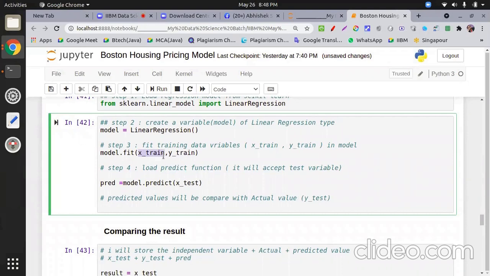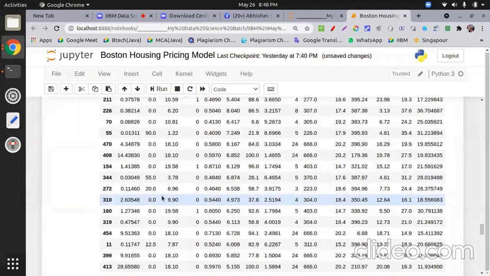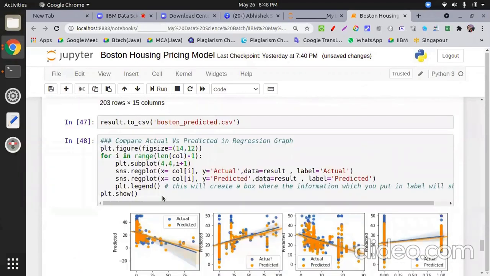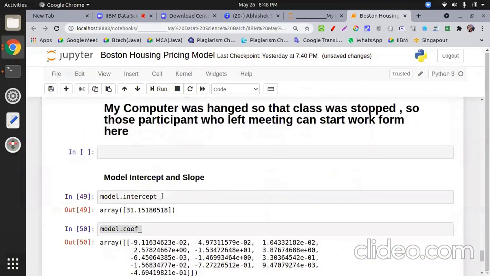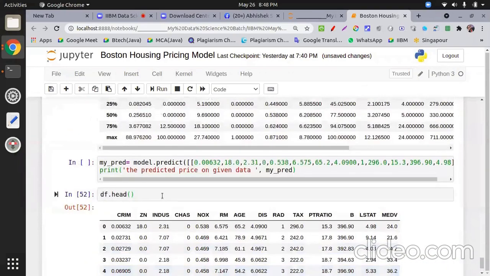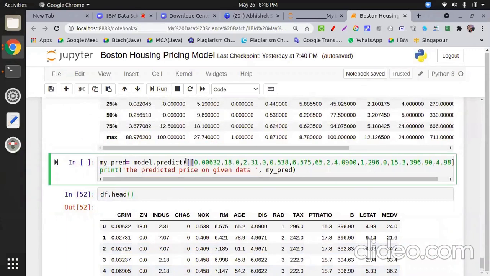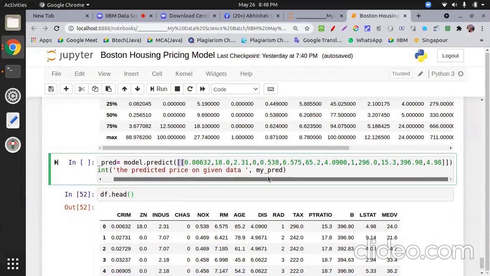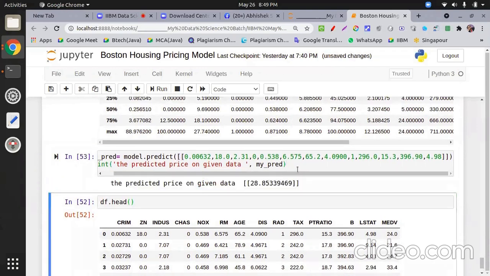If you convert the data frame variable to numpy, it will show you two-dimensional data, double square bracket. In whichever format you train your model, you have to supply your data in that format. That's why I put the double square bracket. I expected someone to ask this question. Good question. So I run this.